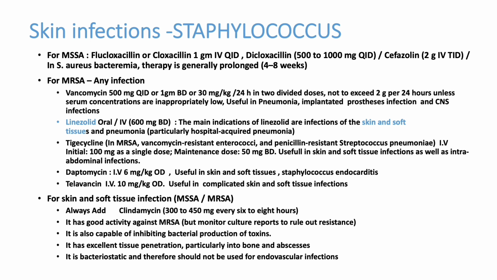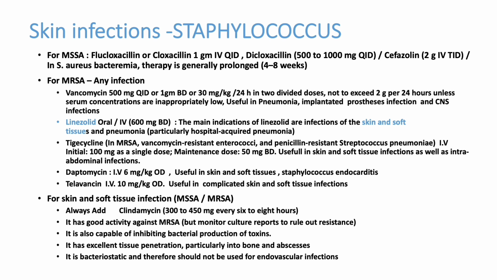If you are sure that it is only MSSA, if you have a culture report, or if it is an acute infection, we are not suspecting MRSA. When the patient has gone to multiple hospitals or has a history of multiple admissions, then we have to always think about MRSA. Otherwise, we can suspect MSSA in soft tissue infection, and we can start flucloxacillin. Otherwise, go for linezolid in MRSA suspicion.